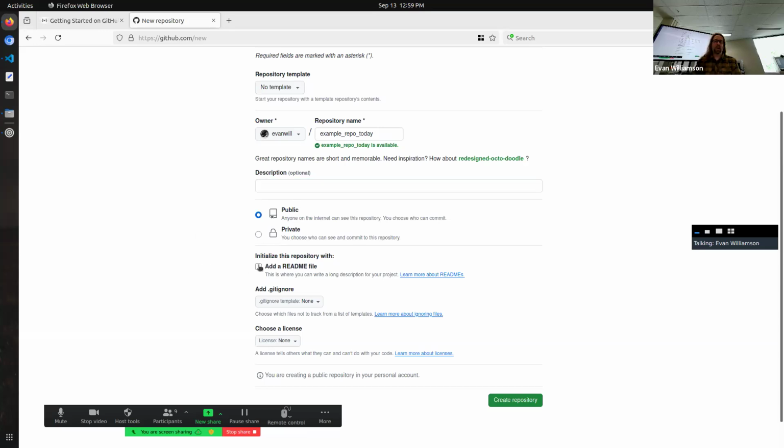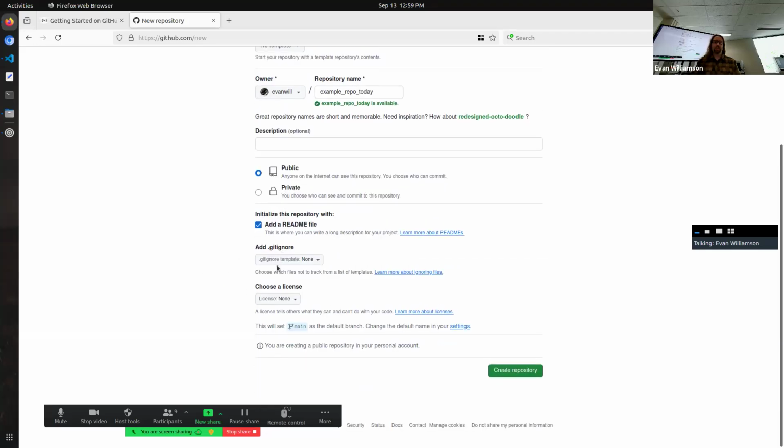I would check this box that says add a README file. That's just going to add one file into our repository so that we have something to get started with. So I always check that if you're starting a new repository. And then you can ignore the rest of this. These are just some helpers to try to get you started with some boilerplate stuff, but we don't really need it. Down here at the bottom, we have a big button that says create repository. And you'll see that in GitHub, most things that are good are green. So we're going to click that, create the repository